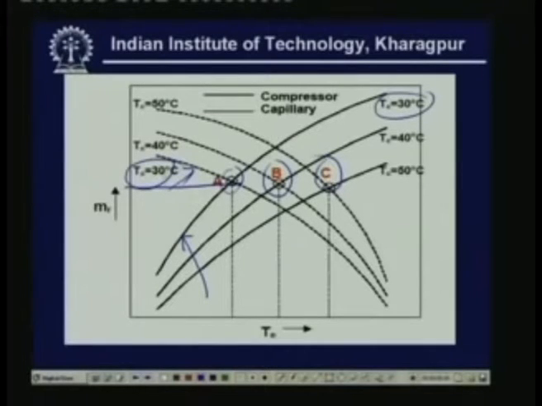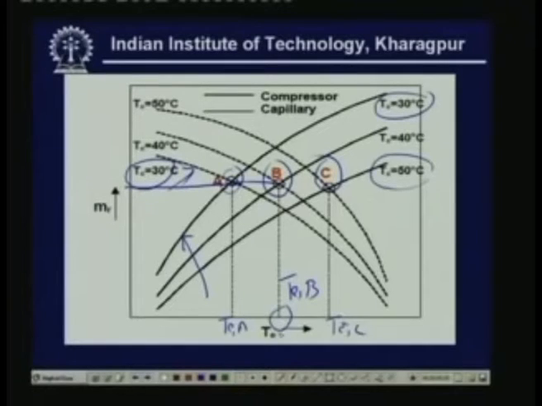At this point, the mass flow rate through the capillary is equal to the mass flow rate through the compressor. So this is the balance point for this particular condenser temperature of 30 degrees centigrade, and the corresponding evaporator temperature is, let us say, TA. Similarly, at 40 degrees condenser temperature, point B is the balance point, because at point B the mass flow rate through the capillary is equal to the mass flow rate through the compressor, right, and the corresponding evaporator temperature is TB. Similarly, point C is the balance point for 50 degrees centigrade condenser temperature, and TC is the corresponding